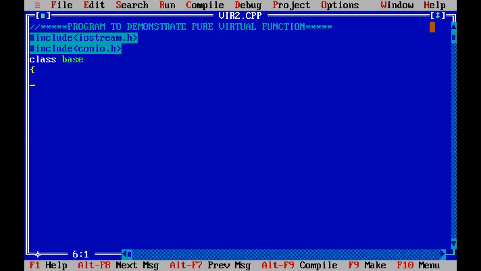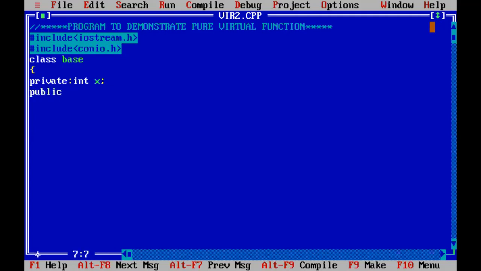Then in the base class, in the private section, we are declaring just one variable. Simply I'm writing, say, one variable x, and then